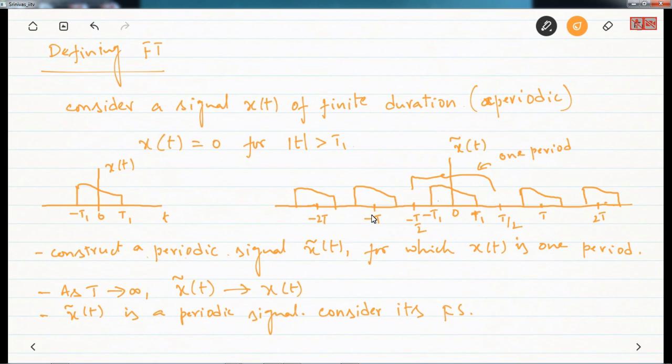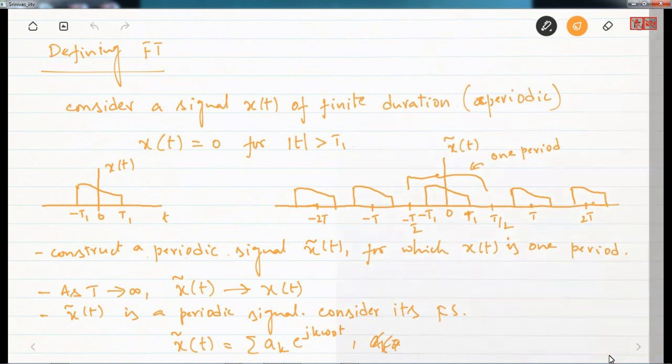If it satisfies Dirichlet's condition and if it's a periodic signal, we can find its Fourier series. So let's consider x tilde of t. The Fourier series of that is given by a_k e^(j k omega naught t), right? And then where a_k can be considered as,